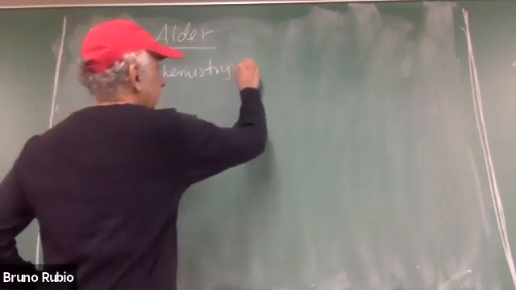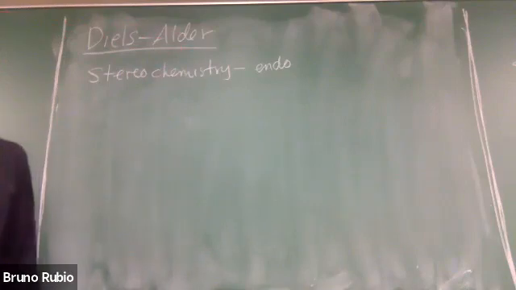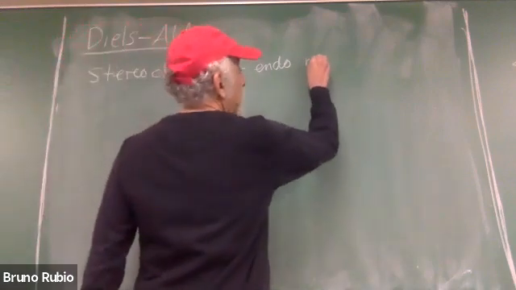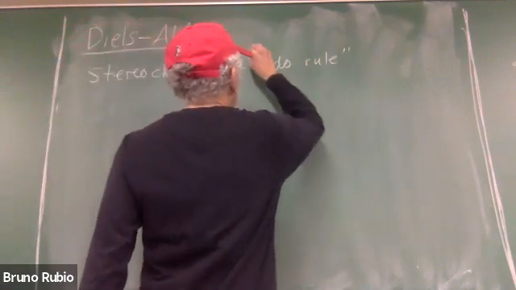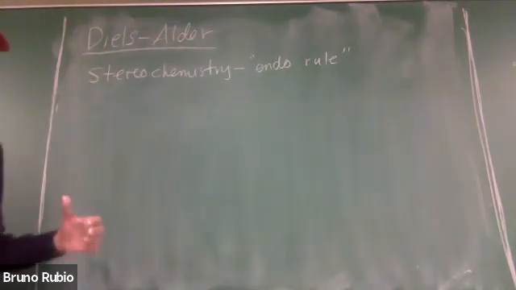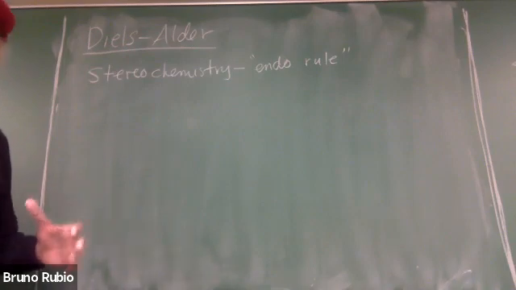So how we usually describe the stereochemical outcome of Diels Alder is we talk about the endo group. Okay, and so in a sentence,